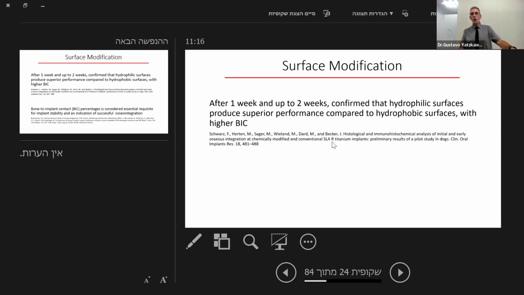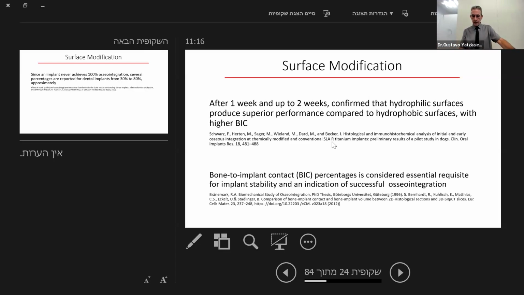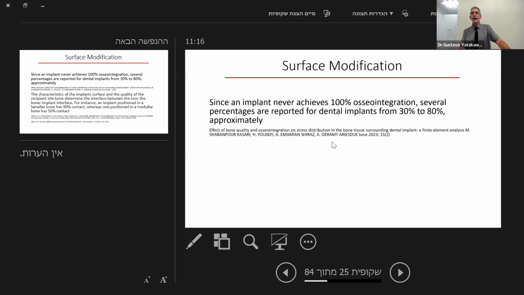But the literature shows us that the most improvement of the osseointegration will occur in the first weeks, from approximately the second week to the 6th week. And we see an improvement in the BIC, the bone implant contact. We know that the bone implant contact, we can measure by percent. We cannot achieve 100%. We can achieve from 30 to 80% approximately, but it depends on the quality of the